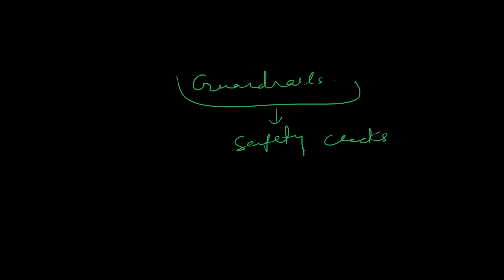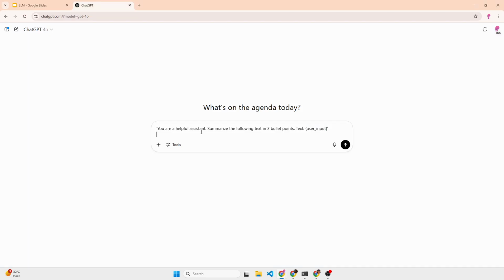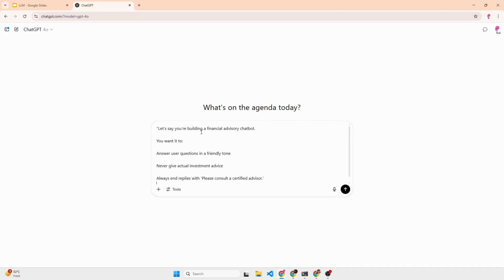Now let's say I want to build a financial bot, and you start like, "Hey, you want to answer user questions in a friendly tone, never give actual investment advice, always end replies with please consult a certified advisor." And that's like defining a prompt template, defining the tone. So for example, the prompt would look something like this, right? Which would be like, hey,